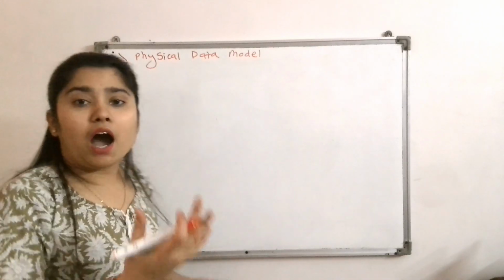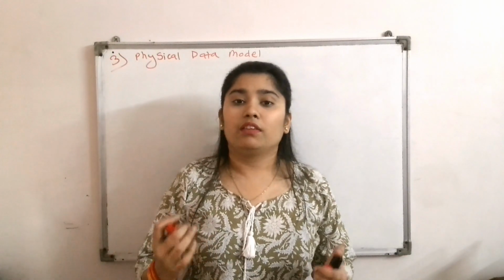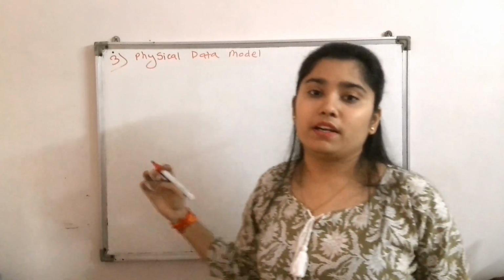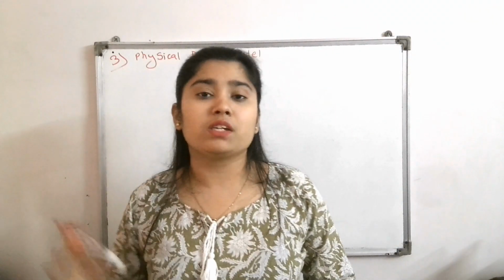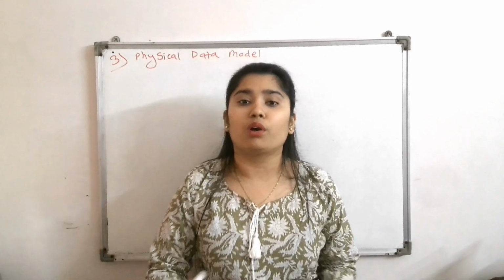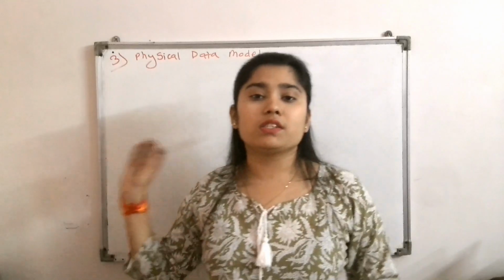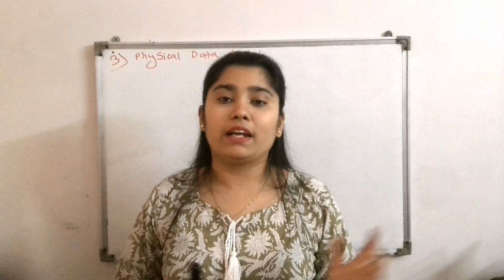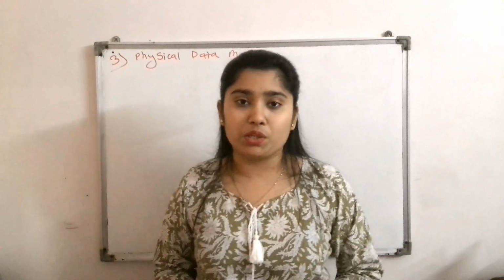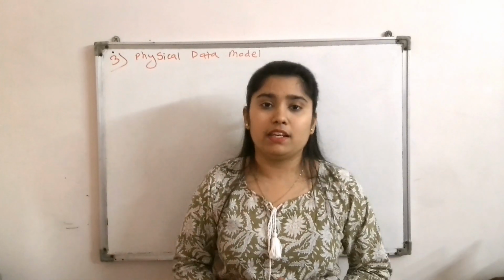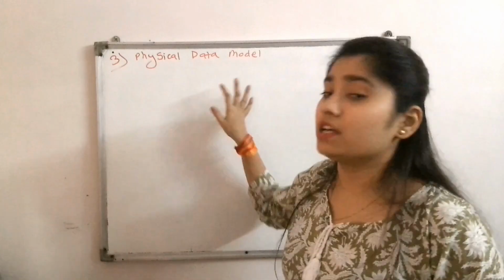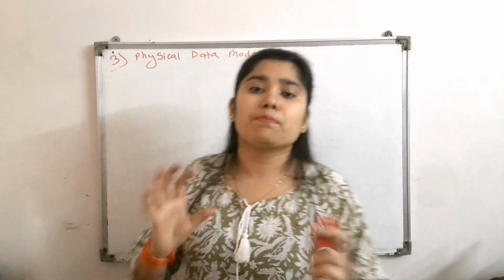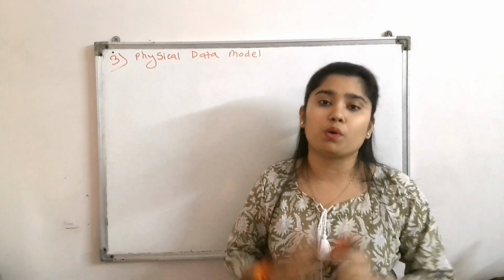See, this model describes how the data is stored in the database. Therefore, it is called the internal level of the database. Users don't see this model. This model is mainly used by the database administrator or the system designers. This model focuses on the implementation details of the database, like how the data is stored on the disk, what indexing techniques are used, how the records are arranged, how data blocks and files are organized, or how the data is accessed easily. These are all implementation details focused on in the physical data model. Or we can simply say how the data looks inside the storage system.